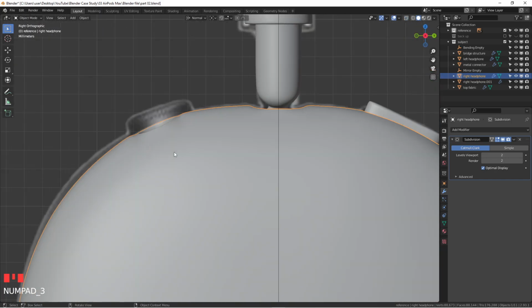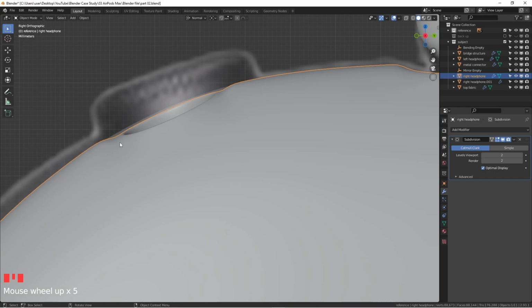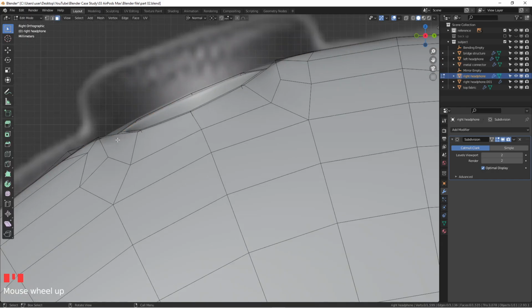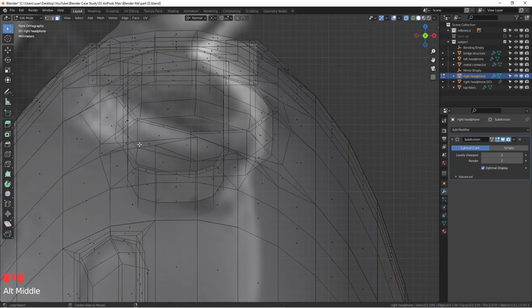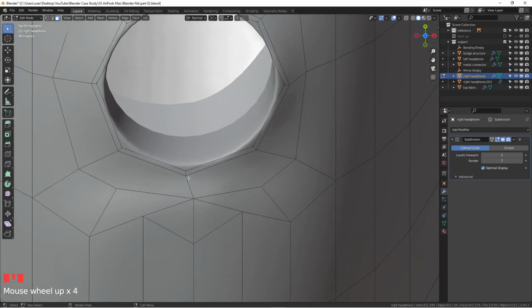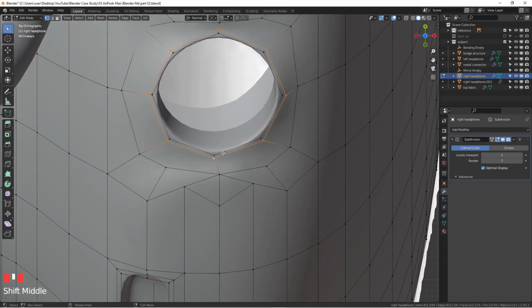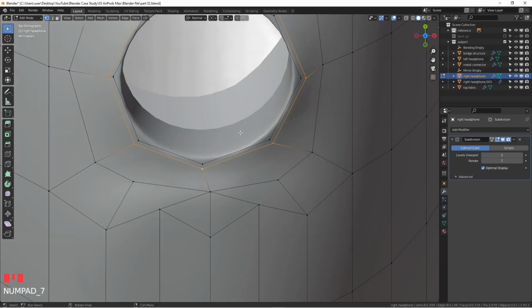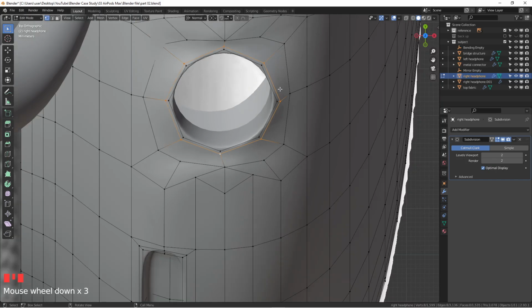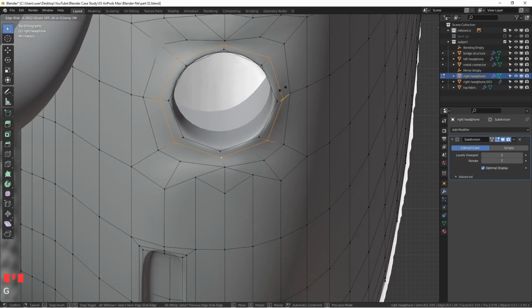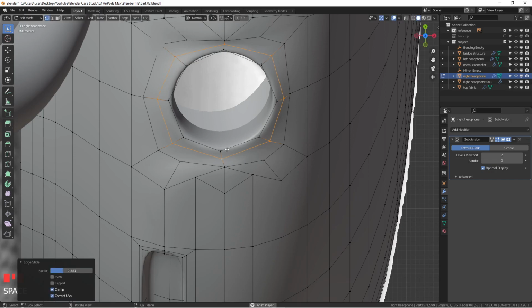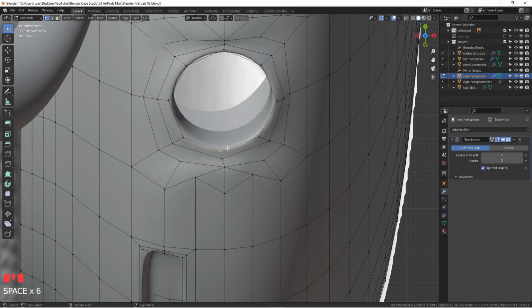Now we have something going on here. As you can see, we got some issues with the geometry down here. It feels like something is bent inside. So we can do something to fix it. A lot of the time, we can just do double G to slide it open to get some better geometry transitions going on. And